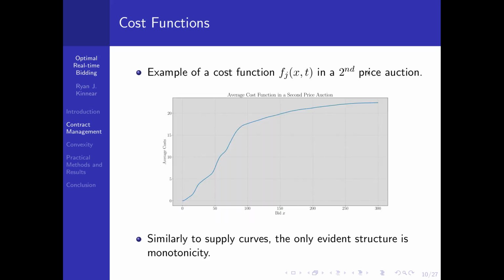We can look at these f_j functions here. So this is an example, again, from real data for a second price auction. You can see from here, and similarly the supply curves, there's not really much structure in these functions other than that they're just monotone functions. So basically you have some monotone cost functions and these monotone W functions, and from there we're going to formulate